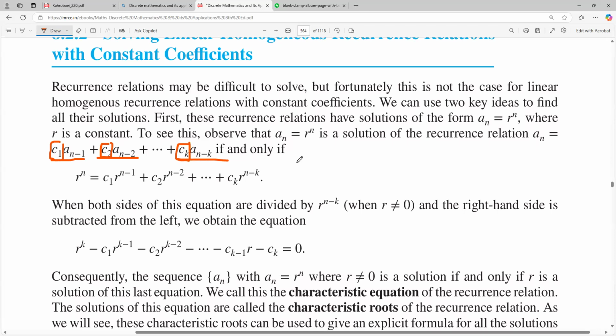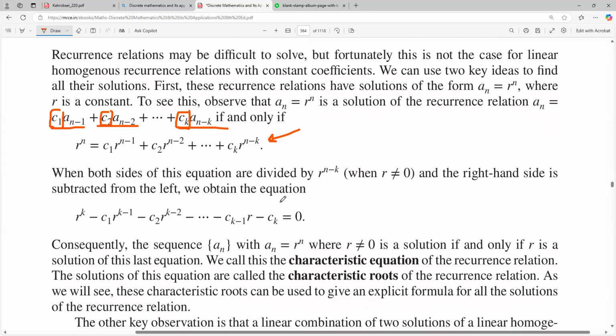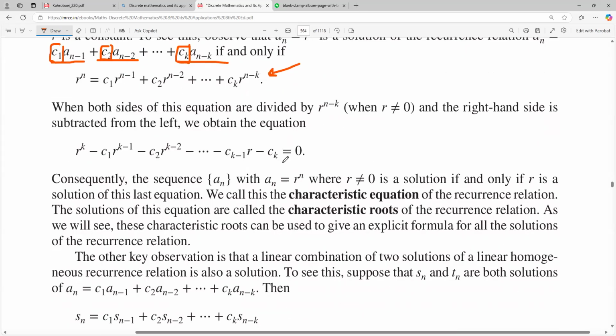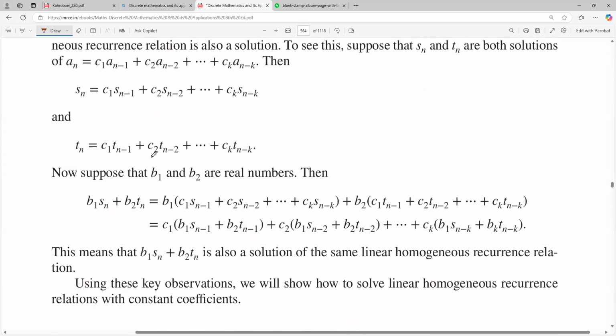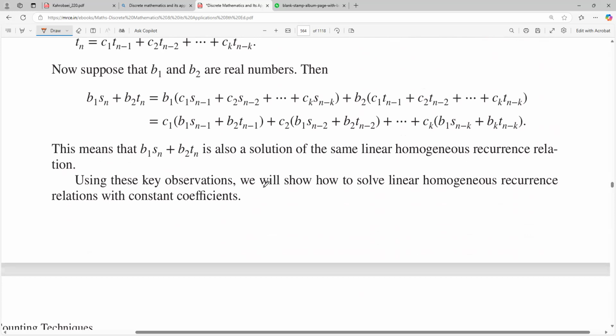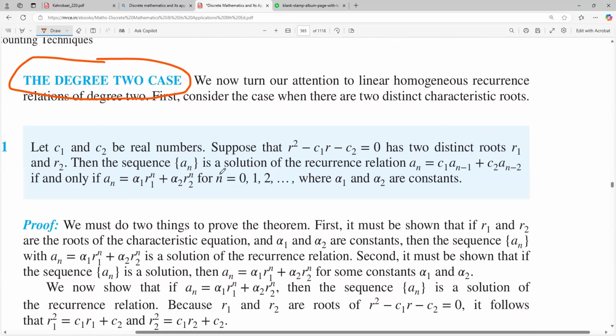We can then create its characteristic equation. Once we create the characteristic equation, we solve for the roots. And using those roots, we can then create an explicit formula. The case that you're most likely going to get is a two degree case, where f of n is equal to some constant C1 times f of